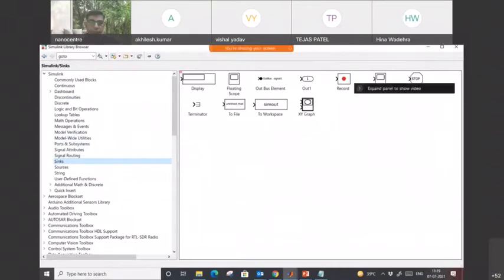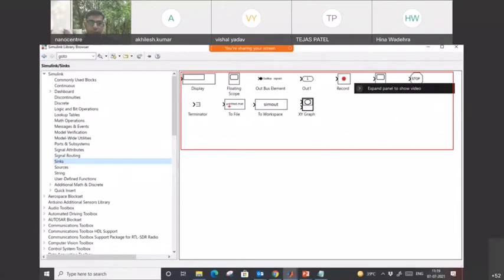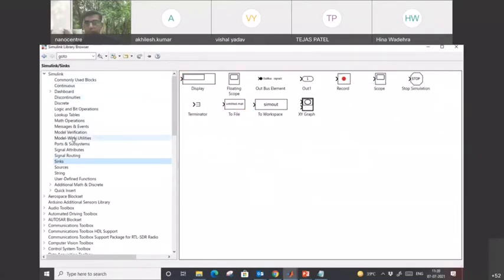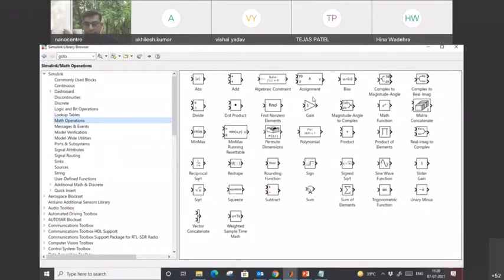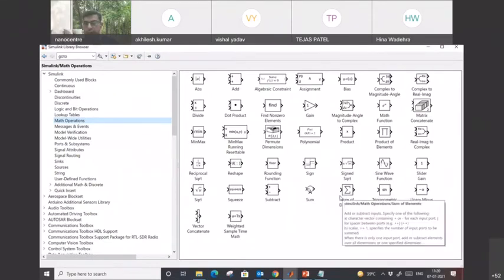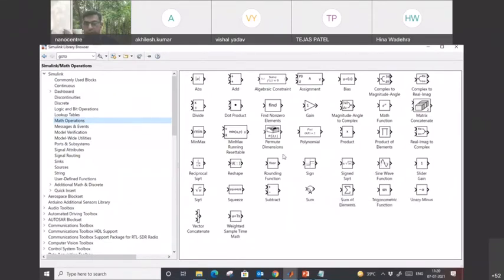And to visualize our output or to save our output, there are blocks available like Scope, or if I have to save to file, then those are available. For mathematical calculations, we have the Math Operations blocks: addition, multiplication, trigonometry, polynomial, so we can use these blocks. This is based on the mathematical equation, and it is also called first principle modeling.